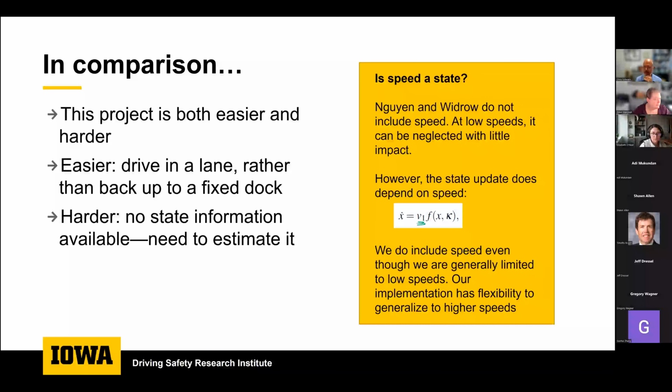In comparison, the problem that we are doing in this project is both easier and harder in a way. Easier in the sense that we're just driving in a lane. And so one would expect that the steering angles would be smaller, and you would only have to make minor corrections to stay in that lane, rather than the very large steering that you would expect to do for backing up to a dock. But harder in the sense that we do not have the state information that was listed on that diagram. Things like the angle of the hitch,